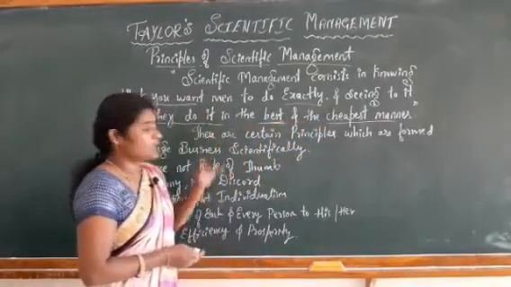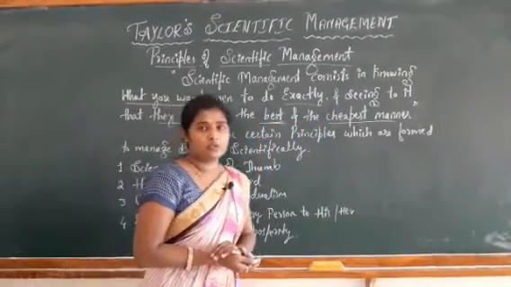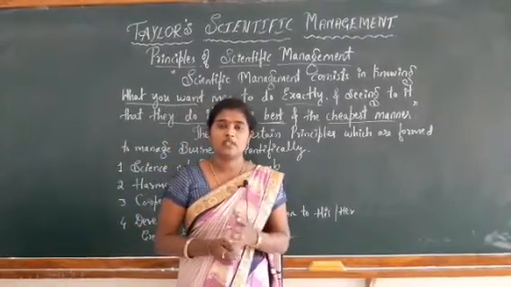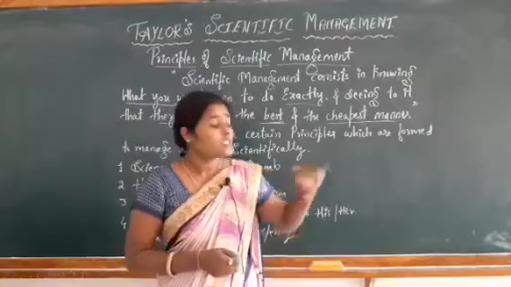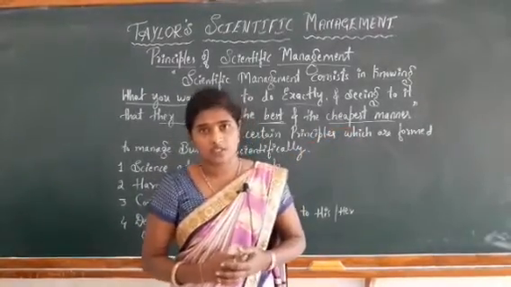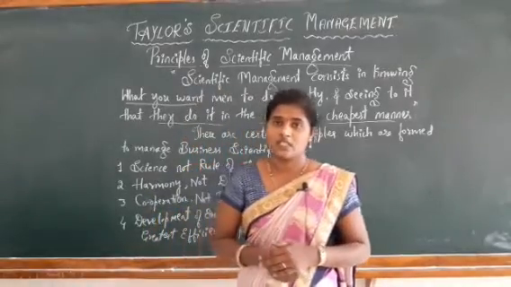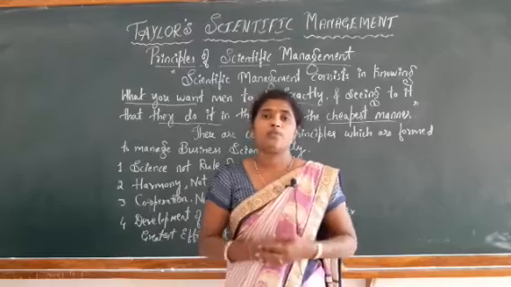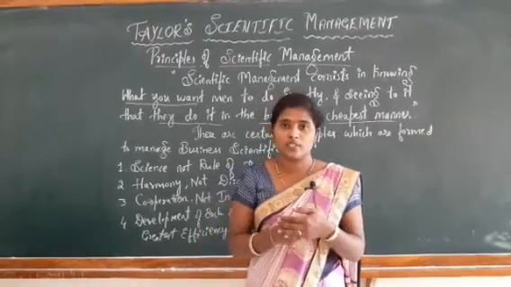Whatever activities you do in a business organization should be done in a correct manner, that is, in the best way and the cheapest manner. Cheapest manner means we have to reduce the cost, that is, with good facilities and the optimum utilization of the available resources, we have to do it in the best way.